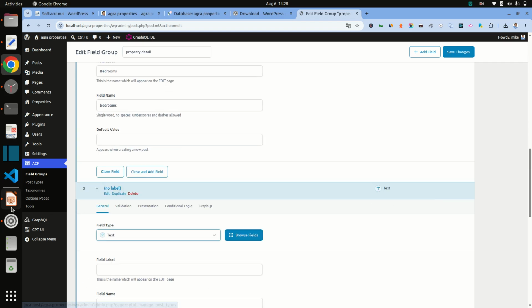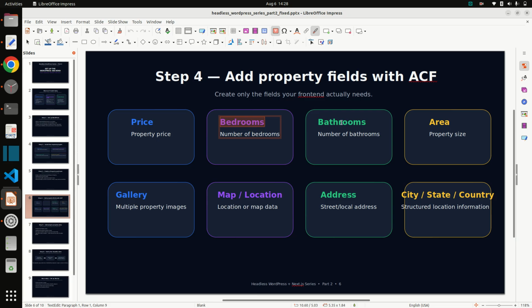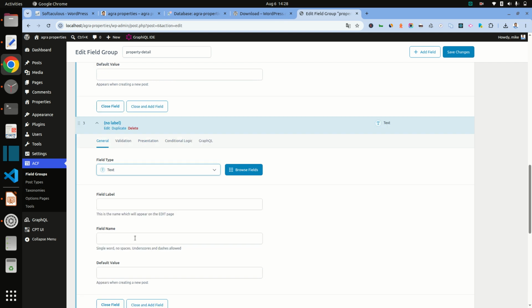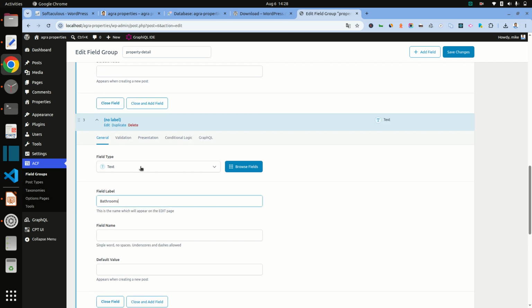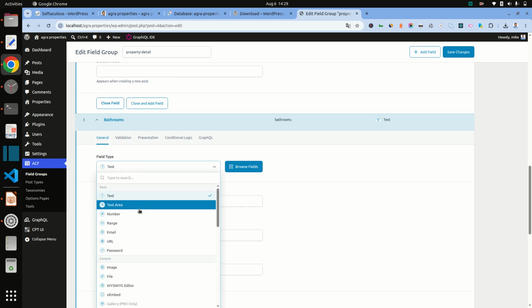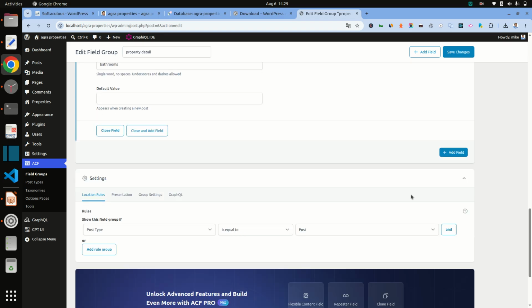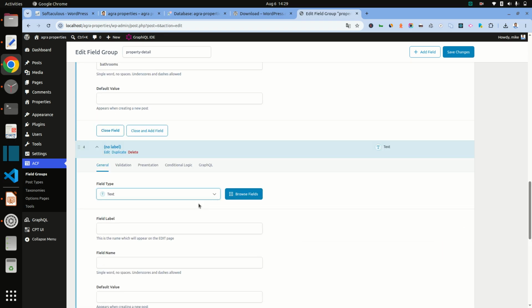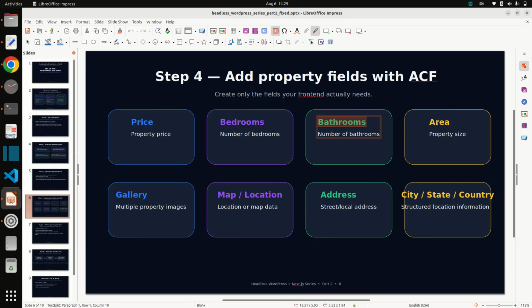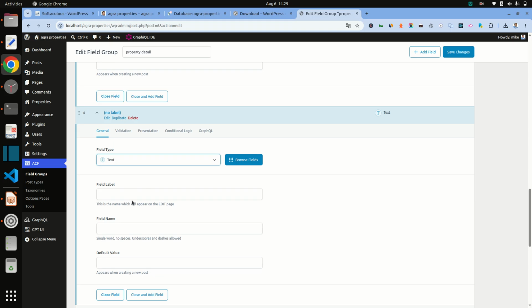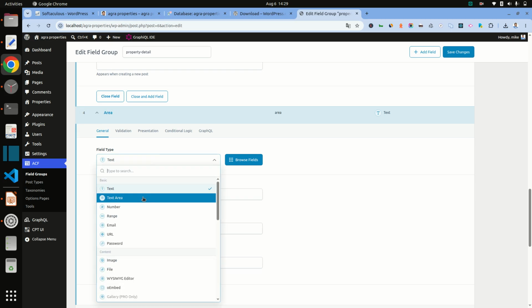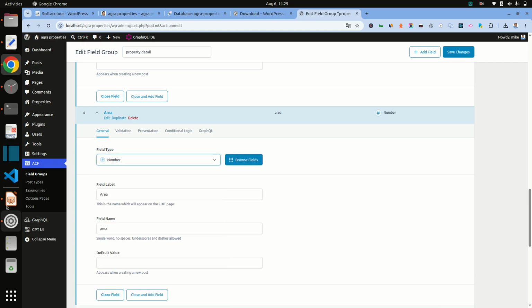And then bathroom, number, and then area, is number.